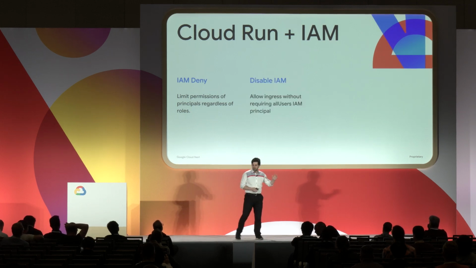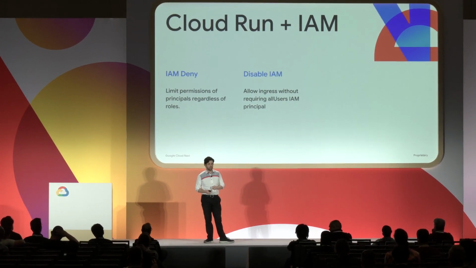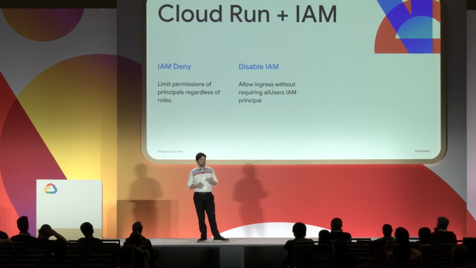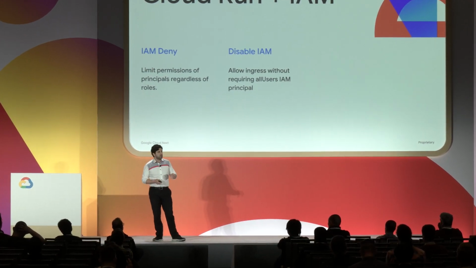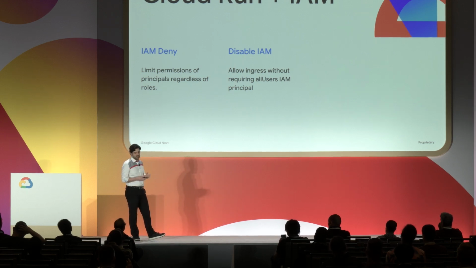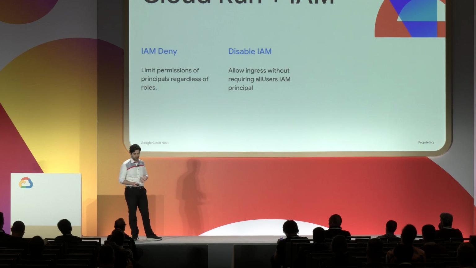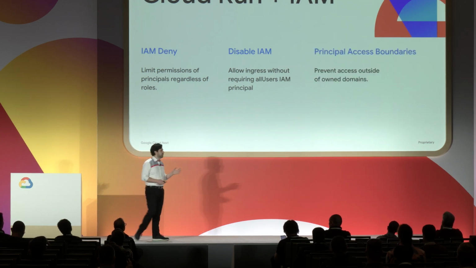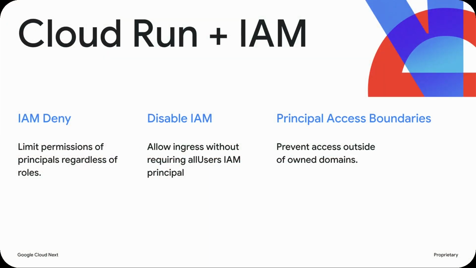Disable IAM invoker. Previously, in order to create a publicly accessible Cloud Run service, the allUsers principal must be granted access to invoke the Cloud Run service. But by disabling the IAM invoker, this allows public ingress even if your organization makes use of the domain restricted sharing organization policy. And finally, principal access boundaries ensure that users and service accounts cannot be granted access outside of